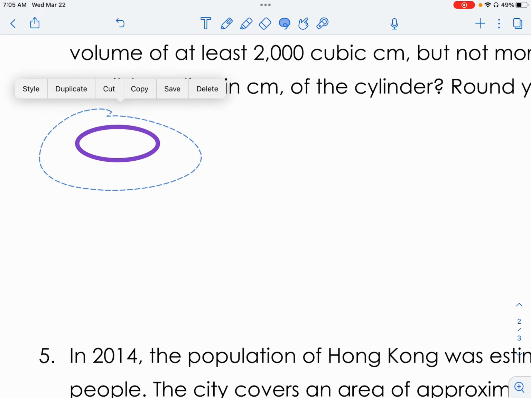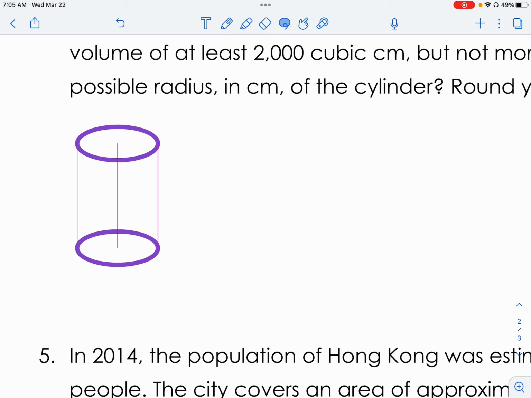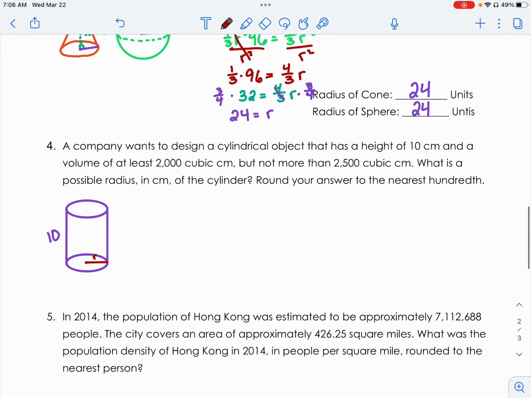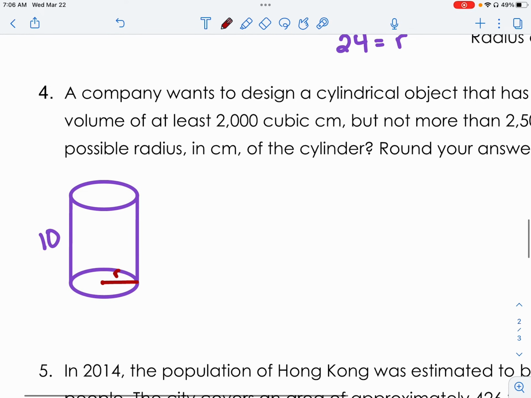Here's my cylinder shape. Something like that. We're told that height is 10, but we want to find the radius. We want to know what is a possible value of r so that we can satisfy both of these. So the min volume that we can have